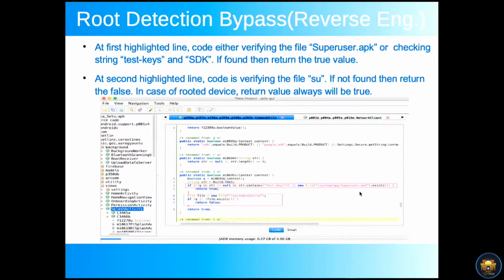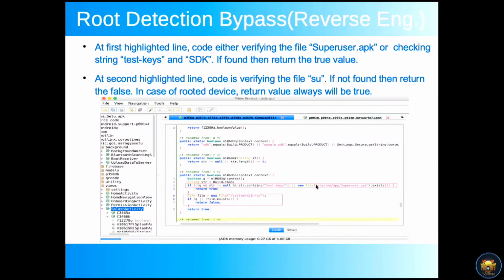It is checking whether this file exists inside the device or not, and also checking this. There is a returned string value, Build.TAGS, which is assigned to build dot text, checking for some string like test-keys or some key being returned. Actually here you can see Google SDK or SDK being returned. If the key value is not SDK or Google SDK, then it always comes into the if block, jumps into the if block, and returns the true value.